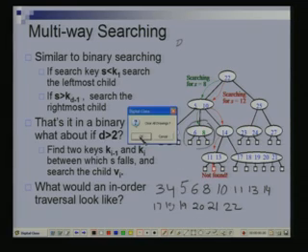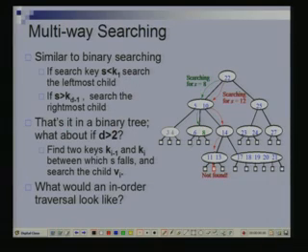Can any node having more than 2 keys have further children? For example, can 6, 8 have further children? Yes, 6, 8 could have more children also. For instance, I could have some other key here, let us say 5.5. 5.5 would be a valid node here. Instead of this, I could have just one node with 5.5 here. This 5.5 could be in the first node also, meaning 5.5, 6, 8. Of course we could have organized it in a different manner, but 5.5 is a valid node here. There could be more nodes here.